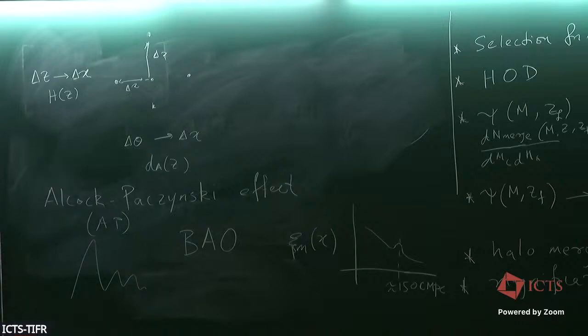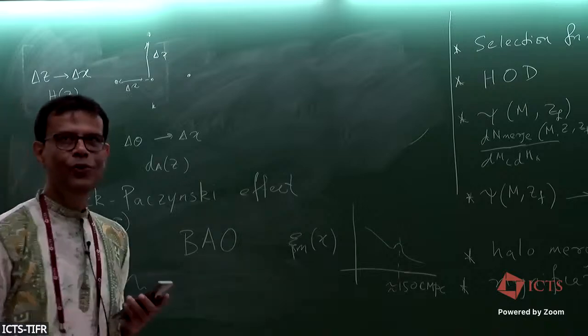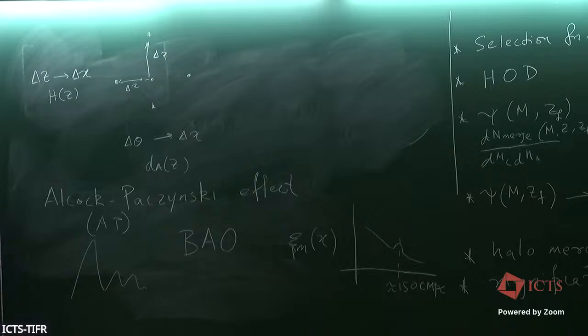And this in principle can be used to do this Alcock-Paczynski effect. But otherwise, yeah, this can introduce something which looks like RSD. But now you see, suppose you have a set of observations where the redshift space distortion is not there, and suppose you know that you expect a power spectrum which is isotropic,